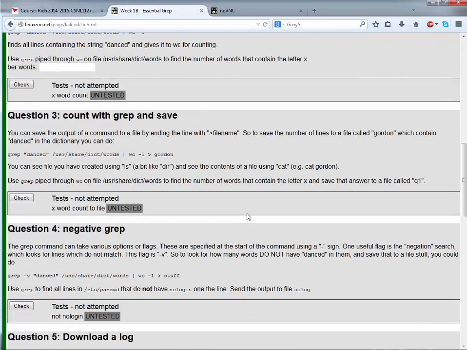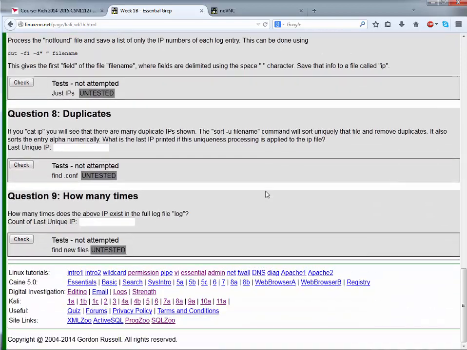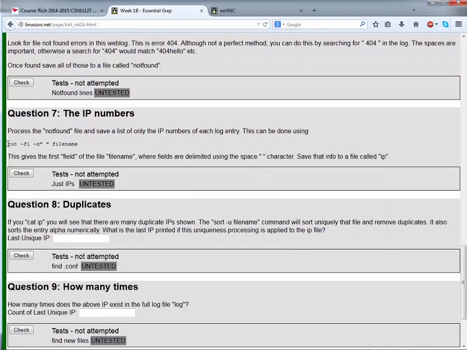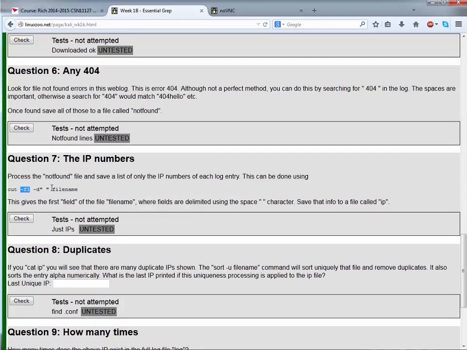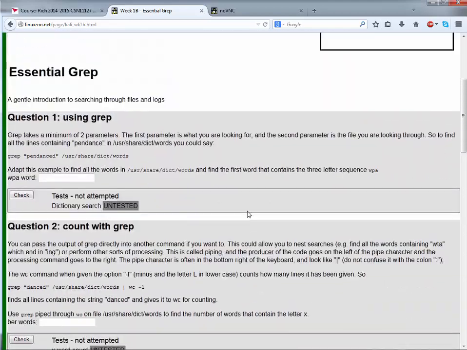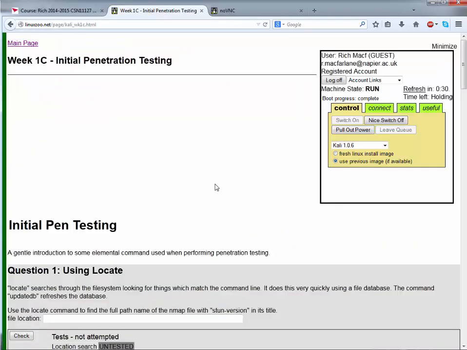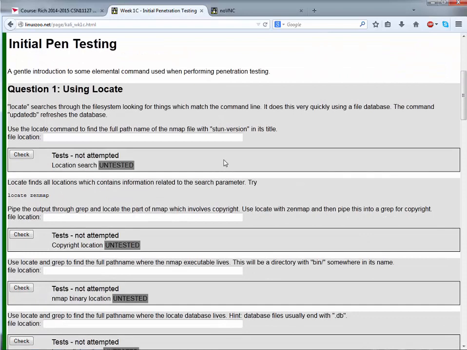So that hopefully gives you enough to do the grep tutorial, which I think is just a combination of various different things to do with pipes. We've also got redirects, which is very similar to pipe, just redirecting our output. And he's using cut also. So cut's a very handy command where you can cut certain fields. So that's saying cut field 1 out of a file. So that's quite handy also. I think you should be able to do most of that. So let's have a look at the next one. Okay, so